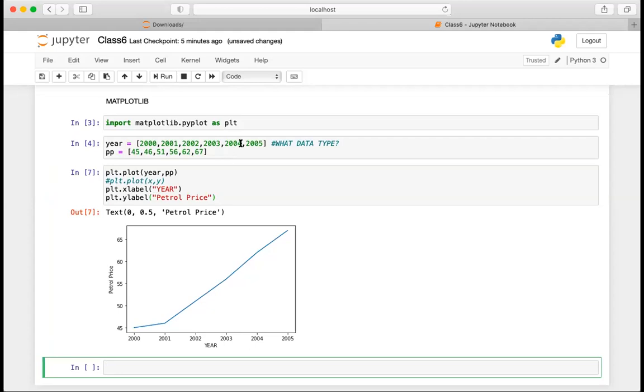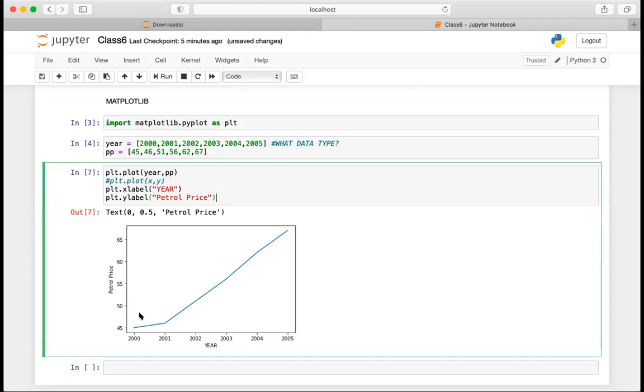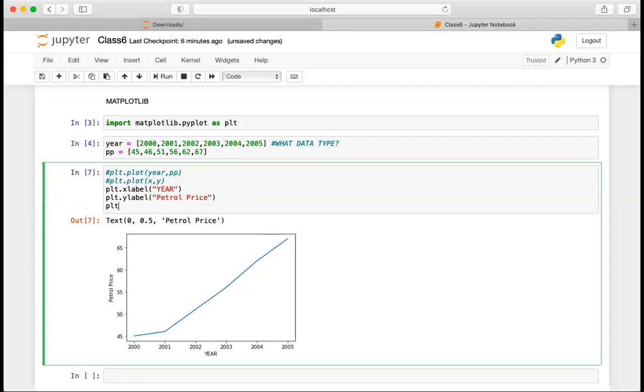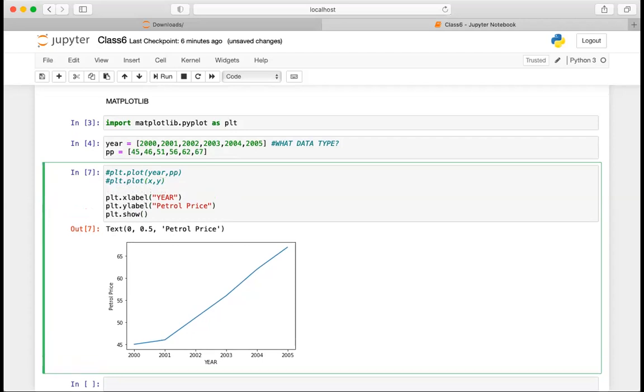Now let's say I don't want this plotted in this fashion. I want it as separate data points. One more suggestion: whenever you are plotting, always write plt.show. In some cases this function is necessary to show all the plots that are present. So now I want to plot it with plt.scatter, year comma pp.